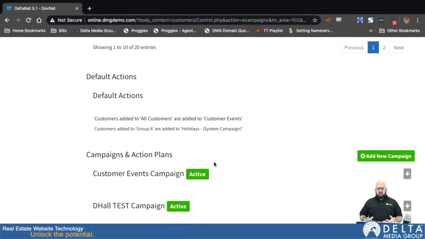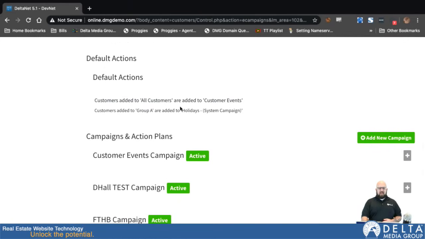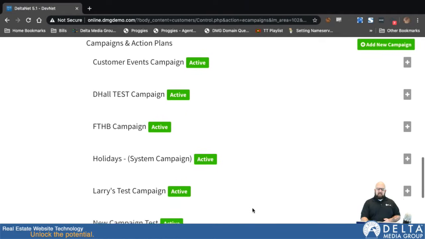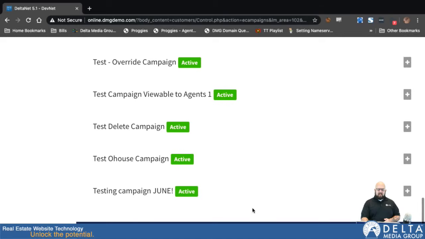Now, as far as the actual campaign stuff, we'll move down here. Under Default Actions, this is stuff that the system is going to do automatically in relation to my groups, and this is just a place where I can read through that stuff easily without having to go through each group or each campaign. And then down here, we have the campaigns themselves. So by default, when I first hit this page, they're all collapsed. So if I want to open one up, so we'll say, for example, we have a number of groups,